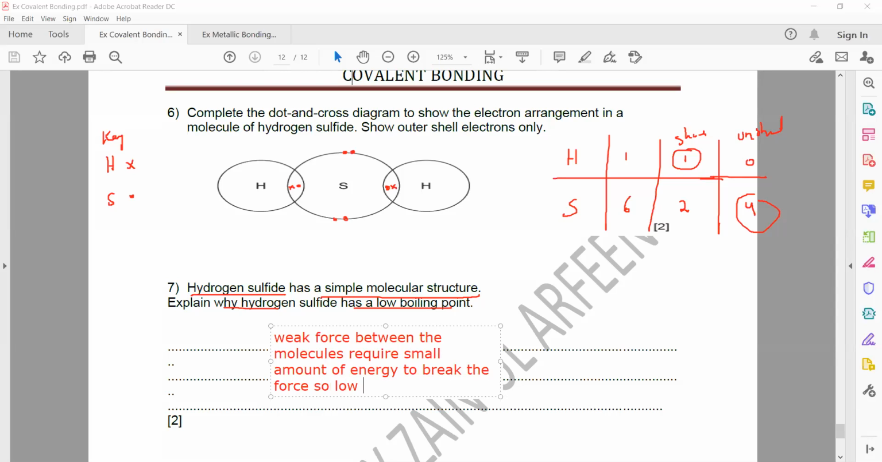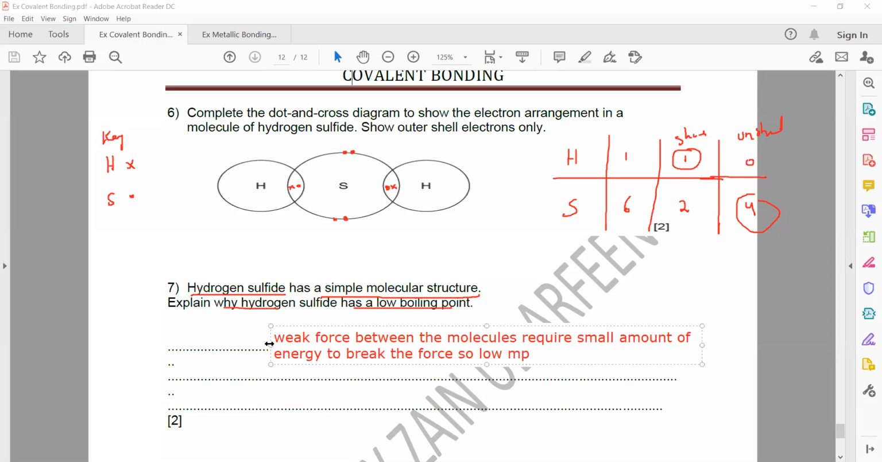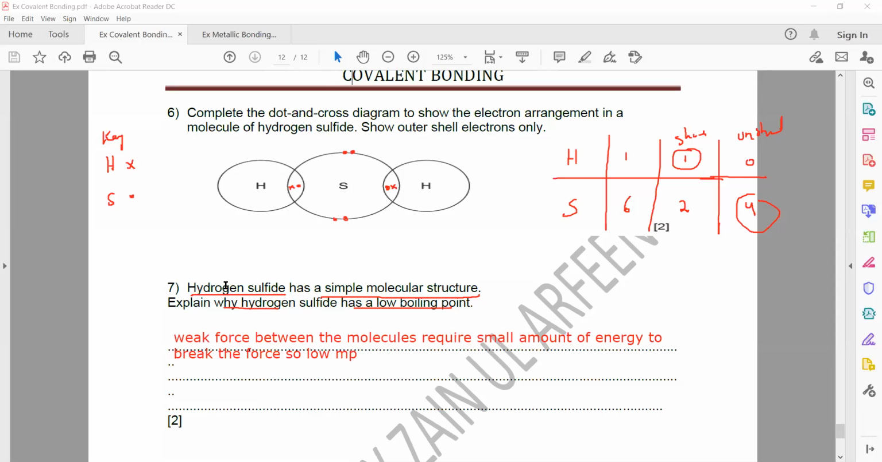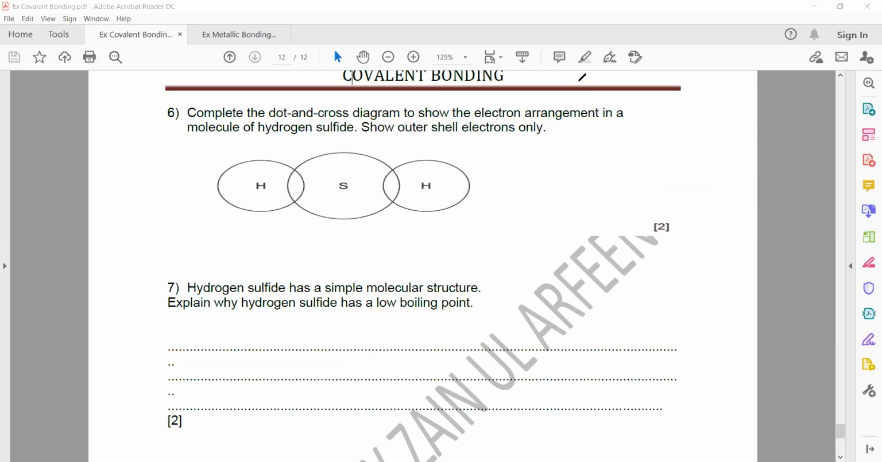so low melting point. Whenever you need a small amount of energy to break the force, the bonds or attraction within the molecule, between the molecules, and whenever a substance melts, it does not mean I supply heat energy and these bonds will break. Basically, melting refers to the force between the molecules. Like this is one molecule of hydrogen sulfide, then there will be another molecule of hydrogen sulfide. So the force between them,